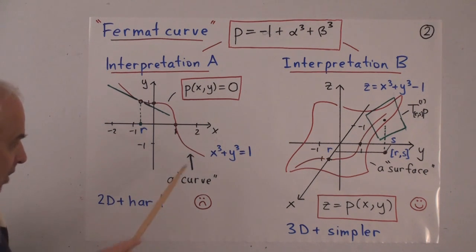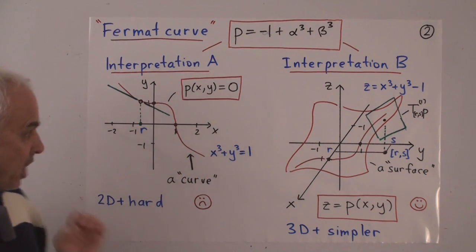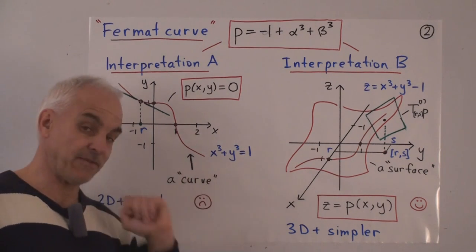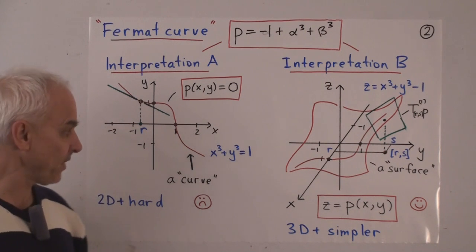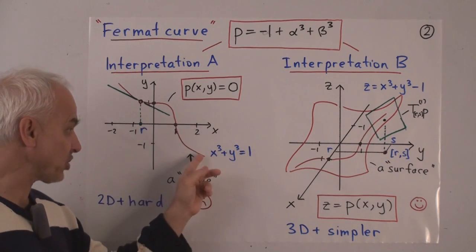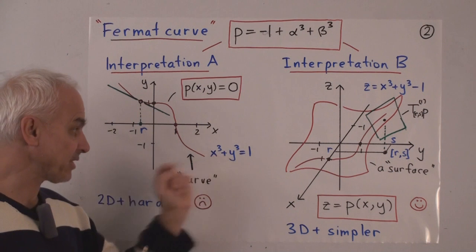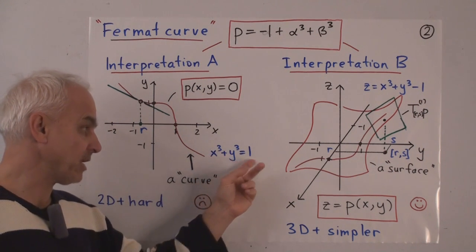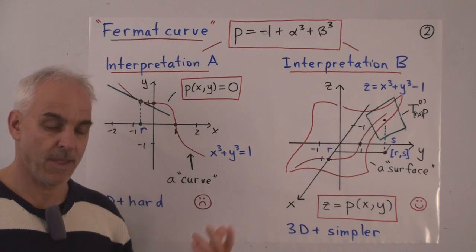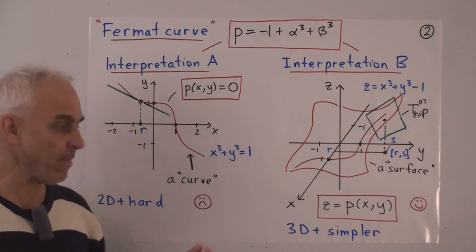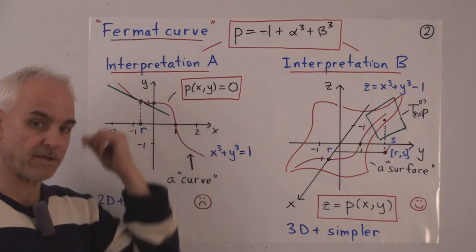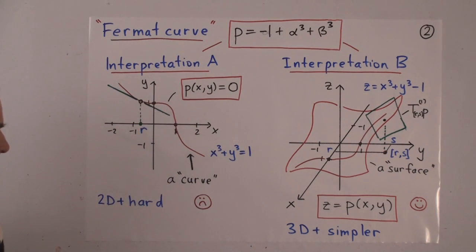And what we're really graphing here are not points that exactly satisfy this equation, but points which approximately satisfy this equation. So this is a picture of rational numbers, all kinds of rational numbers, x and y, such that x cubed plus y cubed is pretty close to 1. And pretty close is variable depending on your computer program, depending on the resolution that you want to obtain. It's a curve. It's a two-dimensional picture.